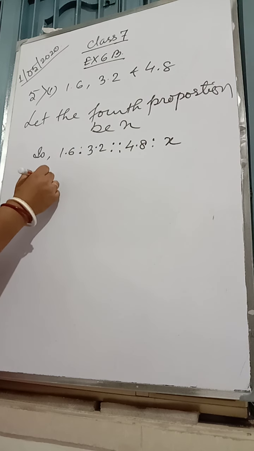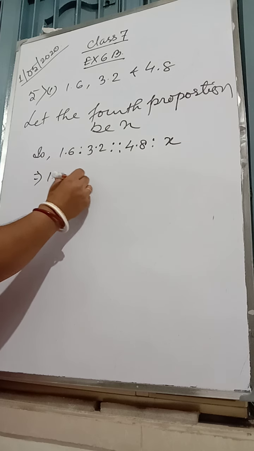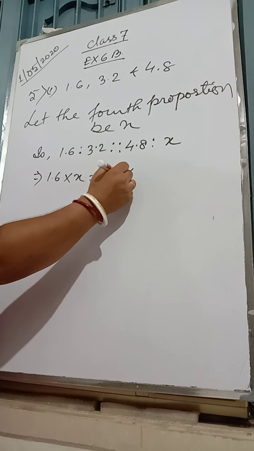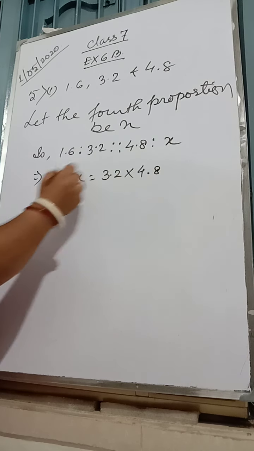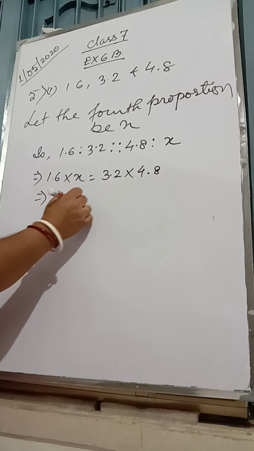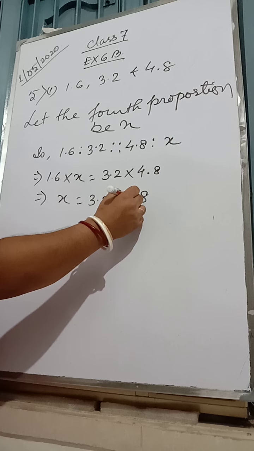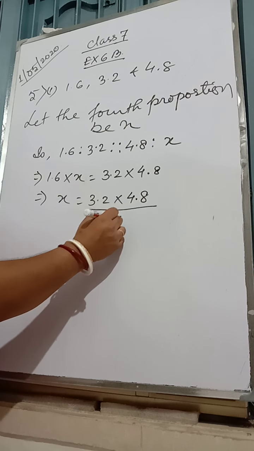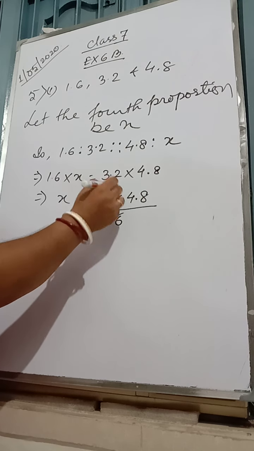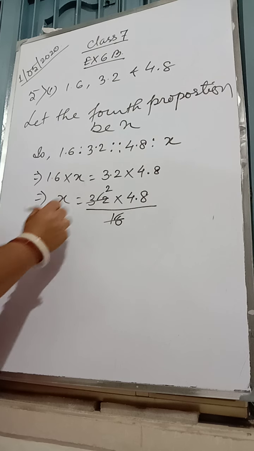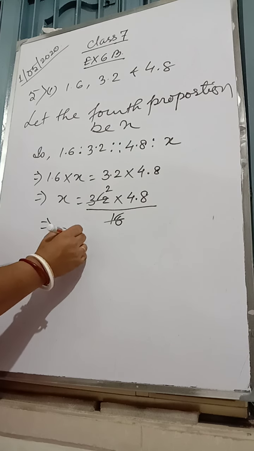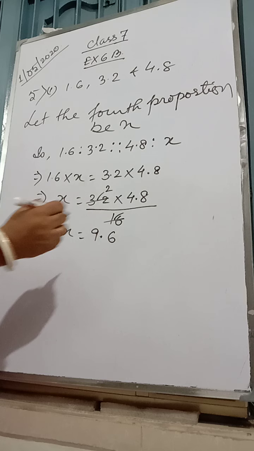Is it? It's the same process we are going to use, whether it is a fraction or decimal. You don't get confused with the decimal or fraction. Be calm and solve. It's very simple. 1.6 decimal we have reduced. 16 2s are 32. So x is equal to 9.6. Is it?